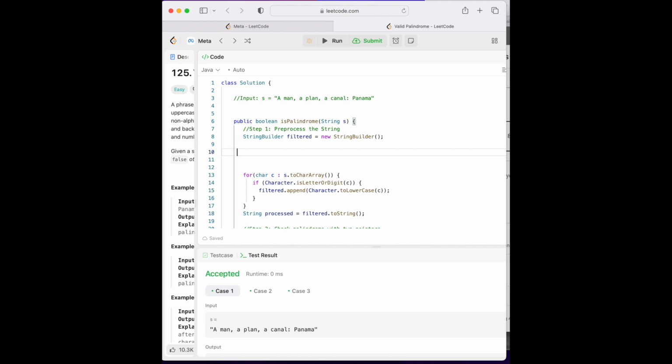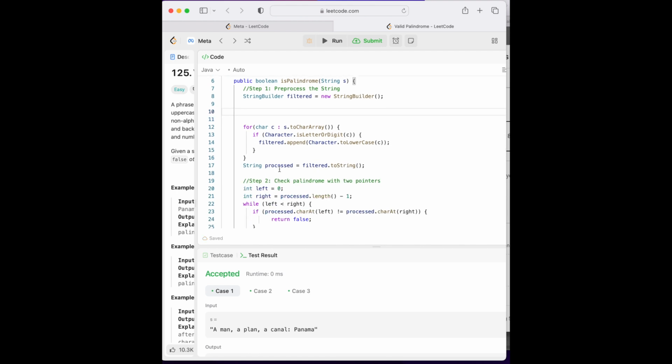So the filtered string is going to be: a, man, a, plan, a, canal, Panama. Okay, that's what it's going to be. And it's going to convert it to a string,